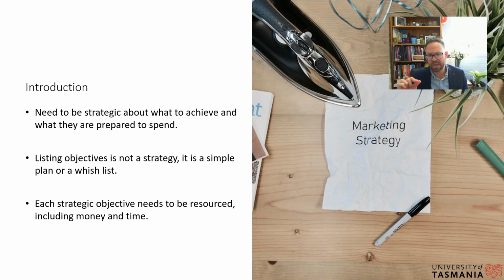Now, a key way to check this is when you have a strategic objective, it means you're going to allocate resources to achieve that, but it also means that you're not going to do other things, right? So if you're going to be focusing on increasing brand awareness, it means you're not going to be doing market penetration. There are different competing strategies. If you're going to achieve one thing, it means you're not going to achieve the thing that's next to it. We might say we want to achieve both of those things, but then you need to allocate resources to both of those things. And that's the way marketing strategy works, or business strategy works.